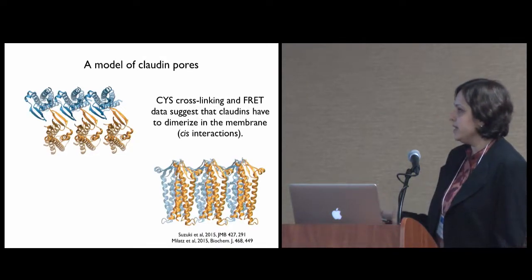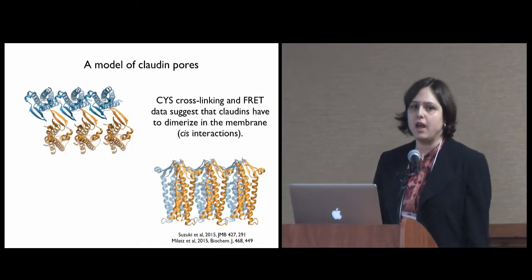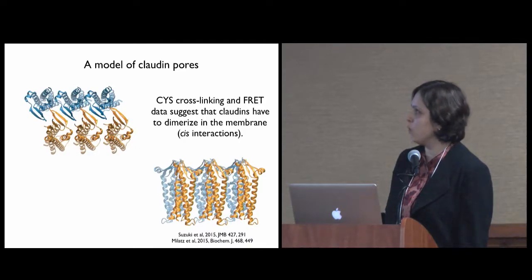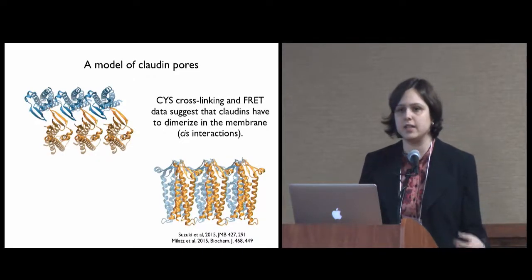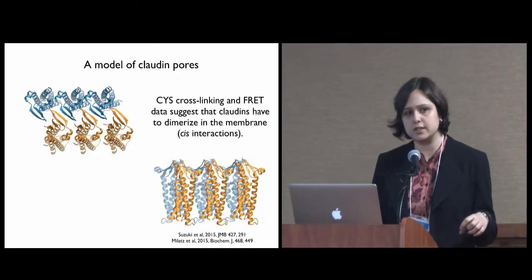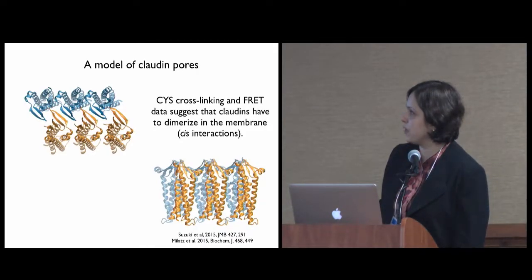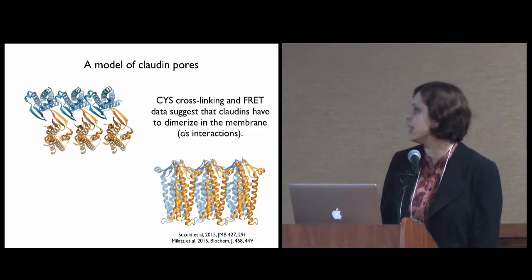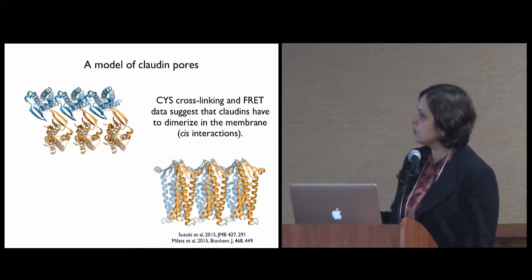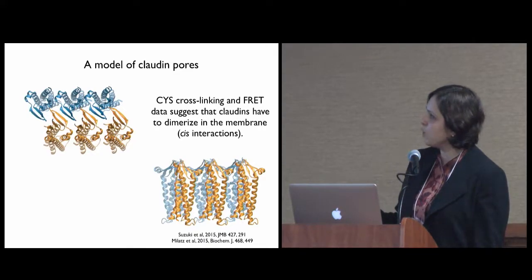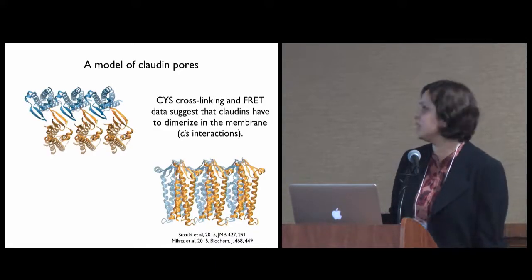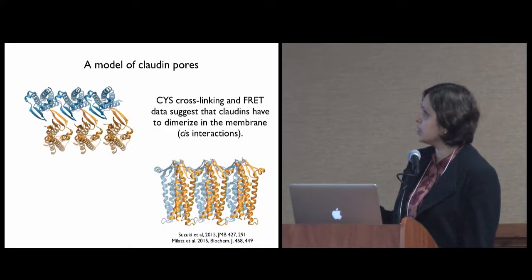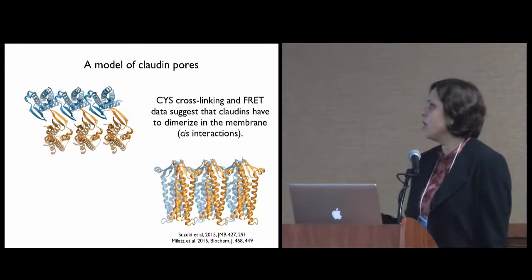But in this model, they proposed that we should not look for one row of molecules, because there are data that suggest that each tight junction strand might actually be made from 2 rows of claudins, which was very interesting, because if you put 2 rows of claudins like this, you can see that they form a continuous beta sheet that's very stable. And there were also, of course, cross-linking experiments and FRET data that were consistent with having 2 rows of